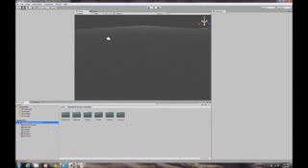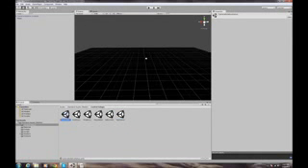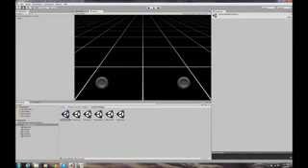So if we expand this folder, okay, here's our control setups. These are all the different scenes that we have that we can play with. Alright, so we're going to open the camera relative control setup. Then if we switch the tab over to the game view up at the top, now one of the things